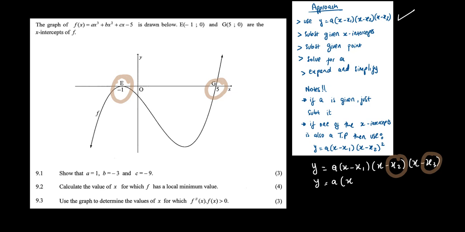So that means I'm going to say x minus, make sure that you put brackets, and you say -1. Then guys, you're going to repeat it again: x minus -1, and then here you say x minus 5, which is the last one, the G there. Then you simplify inside there. You say y is equal to a into (x plus 1)(x plus 1), and then (x minus 5). So you're going to say y is equal to a into x. When you multiply these first two brackets,